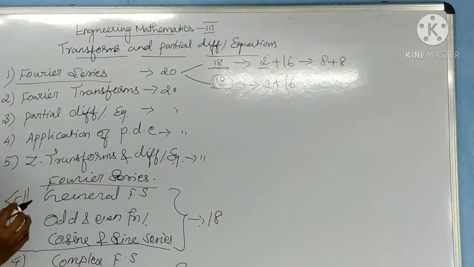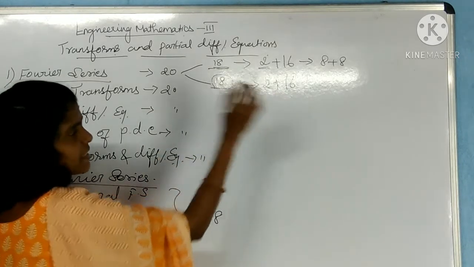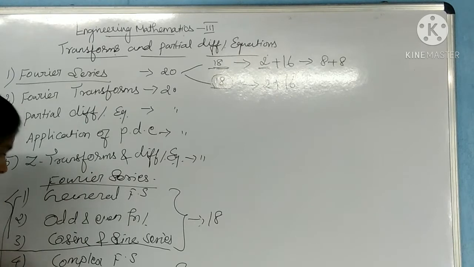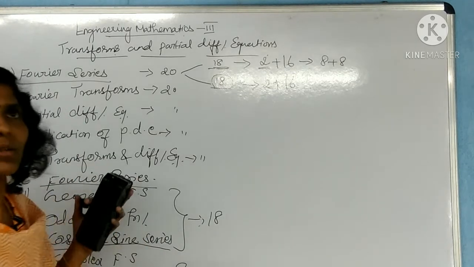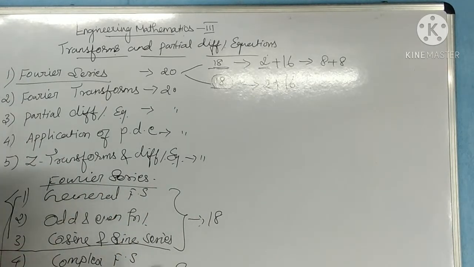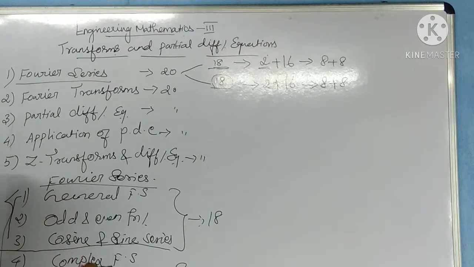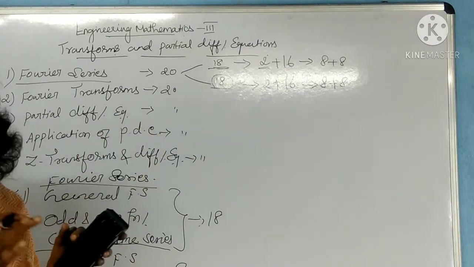One 16-mark question. Maximum, Parseval's identity was asked as the 16-mark question. And in some other question papers, more than two harmonic functions, or finding two or three functions, is asked as the 16-mark question. Suppose small Parseval's identity or small harmonic function questions are asked, it is 8 plus 8 marks. So totally 16 marks. So you have to prepare the first half or second half.